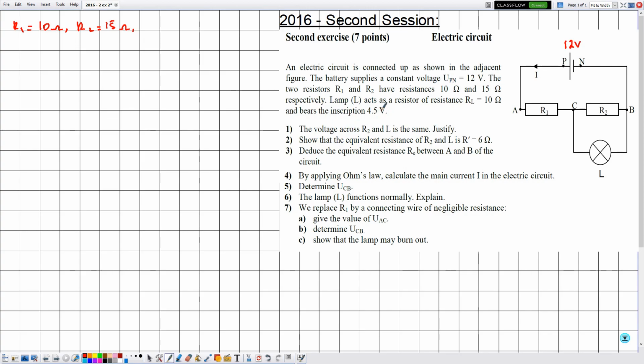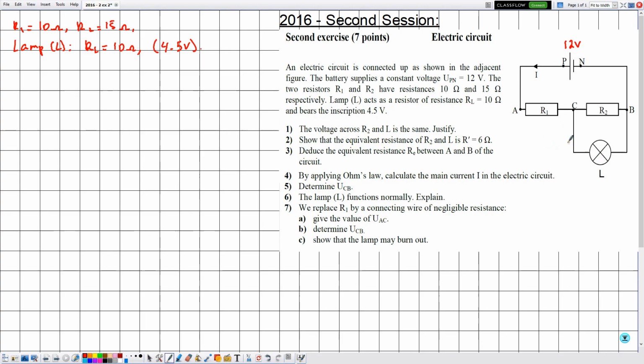Now the lamp L acts as a resistor of resistance RL is equal to 10 ohms. Here we have a lamp L, and the lamp L can be considered as a resistor because they are telling me the lamp L acts as a resistor. Its resistance is given by RL is equal to 10 ohms and bears the inscription 4.5 volt. Notice that we didn't write the following inscription on the lamp L because yet we don't know if the lamp